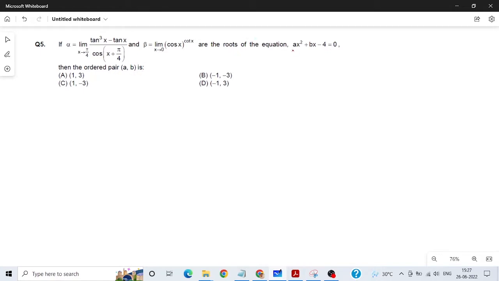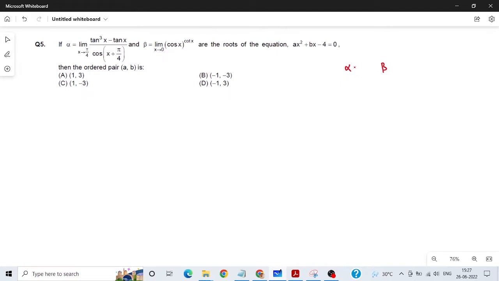So we have to find the value of the coefficient of x square, which is a, and the coefficient of x, which is b. Alpha and beta are the roots of this quadratic equation. So by solving these limits, we will get the values of alpha and beta. And once we get the values of alpha and beta,